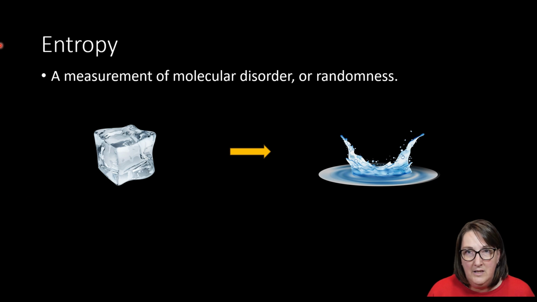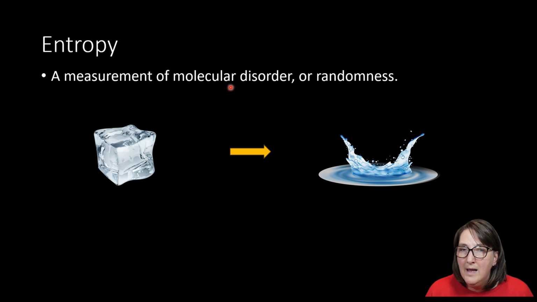So let's talk about entropy. Entropy is the measure of molecular disorder or randomness. And this law of entropy is also part of that second law, the law of chaos. This is saying that when entropy is increased, disorder increases. So here I have an ice cube. This ice cube is very structured. All my molecules are real nice and tight together. But as my